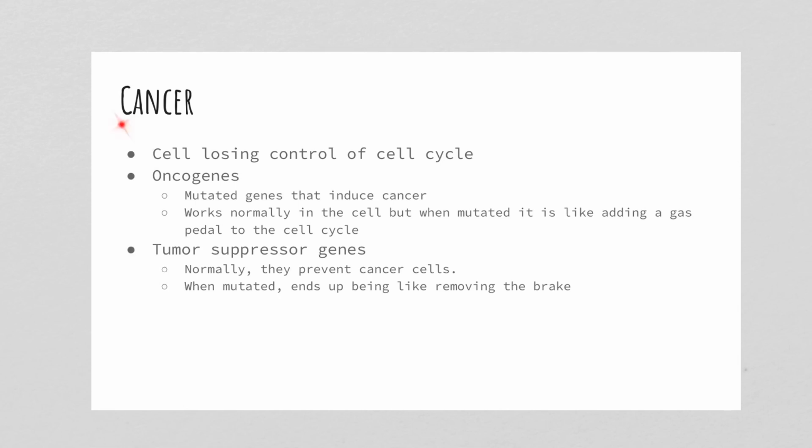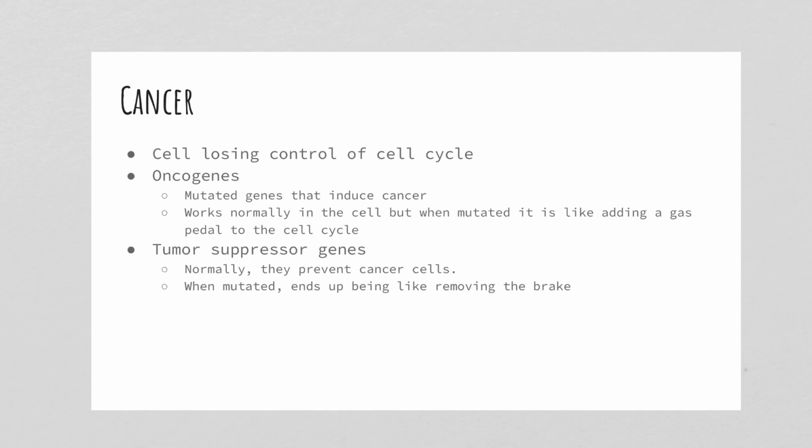Don't forget, when things don't go right in the cell, they can also lead to uncontrolled cell division, and those are your cancers. Basically, this is your cell losing control of the cell cycle. There are two major types of genes that we deal with in cancer. Those are the oncogenes. So these are basically mutated genes that induce cancer. I read this analogy, I thought it was great. You probably have some proto-oncogenes right now in your cells. Things are going well, things are normal, cell cycle is going well. But when this oncogene gets mutated, it's almost like adding a gas pedal to the cell cycle. We start increasing the cell cycle and we can't stop it. No matter how many brakes we put on it, you can't stop it.